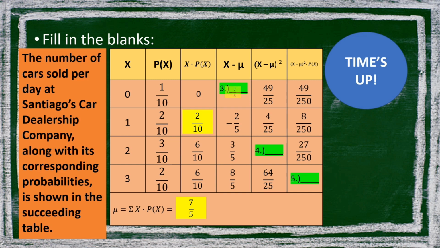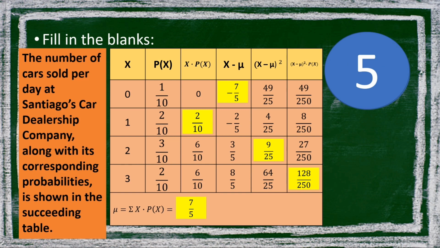The answer is negative 7 over 5. Fill in the blanks number 4. The answer is 9/25. Fill in the blanks number 5. Time's up. The answer is